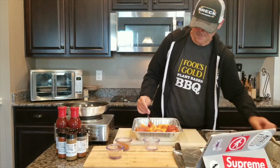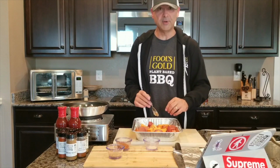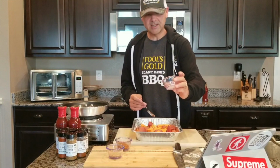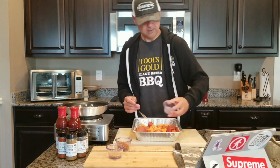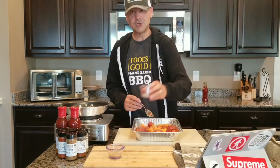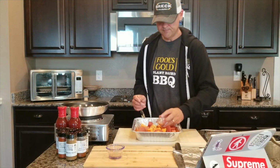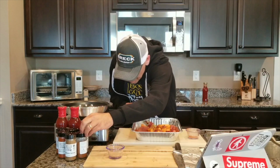And again, the mustard's optional. It's not usually on all of our recipes, but I use about a teaspoon of mustard. Next, I like to put my salt in. So I'm going to throw in my Fool's Gold cherry wood smoked salt. And then we've got the Fool's Gold sweet potato rub that looked something like, I think we have it actually